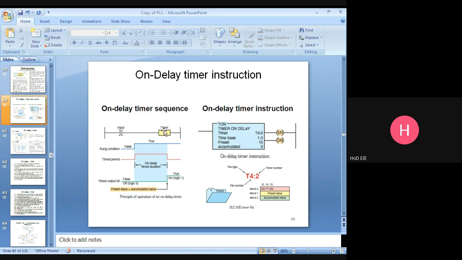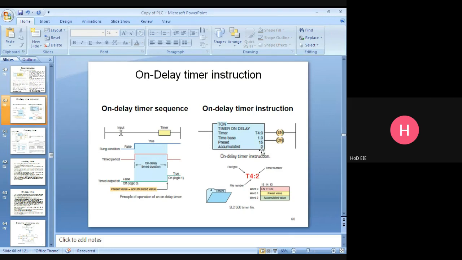Imagine that instead of this timer, I am connecting this one. I am closing this contact, so the enable bit will be energized immediately. The instruction will be energized immediately. Then the timer timing bit starts timing. 1 second, 2 second, 3 second.